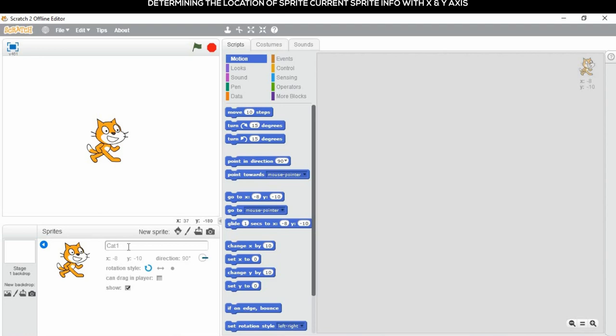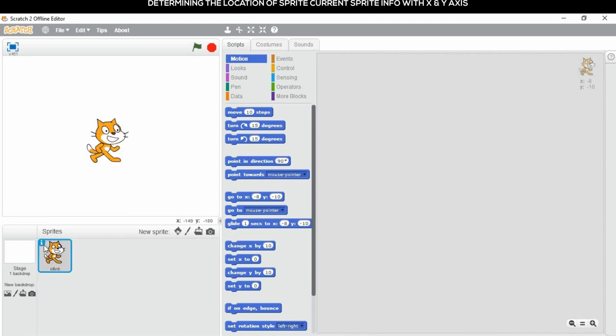If we need, we can change the name of the sprite. Now we are going to change the name of the sprite as OLIVE. Coming to the direction, the direction indicates how a sprite will turn when it executes a move instruction. Then show. If we enable this show option, we can see the sprite on the stage. If we disable this option, the sprite will be hidden from our stage. Again, now I am enabling our sprite. By clicking this arrow, again we can come back to the main screen.